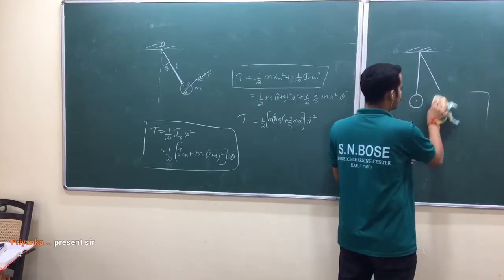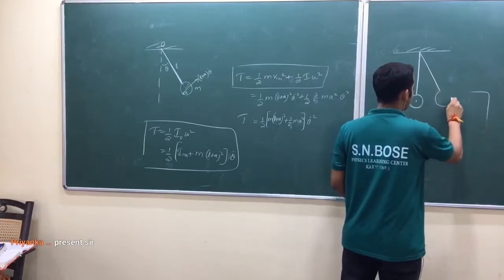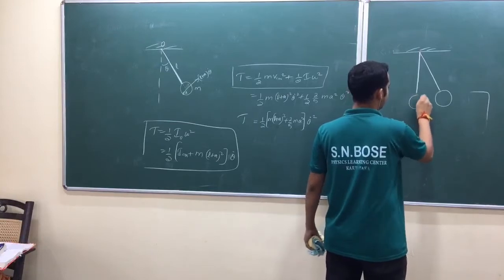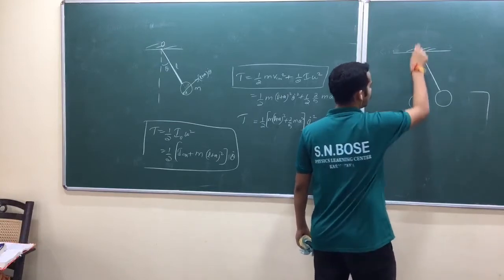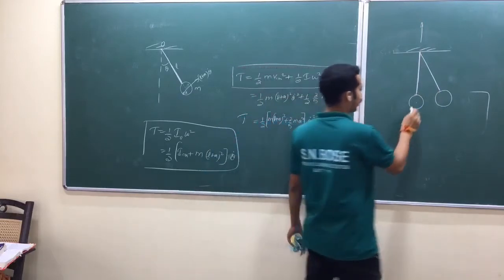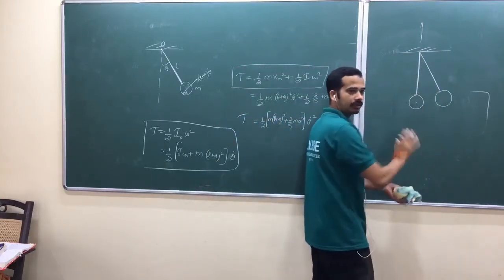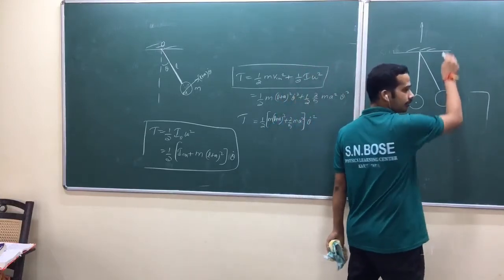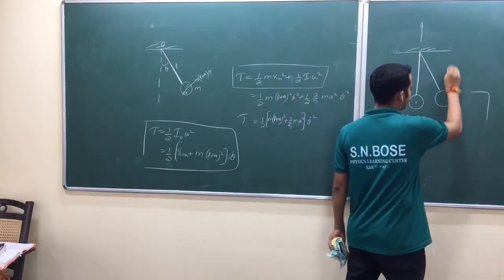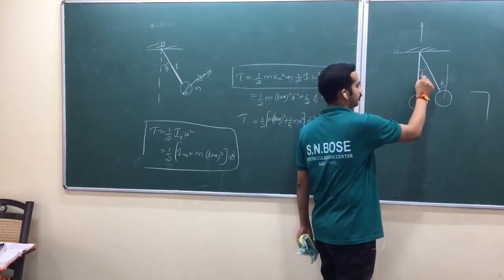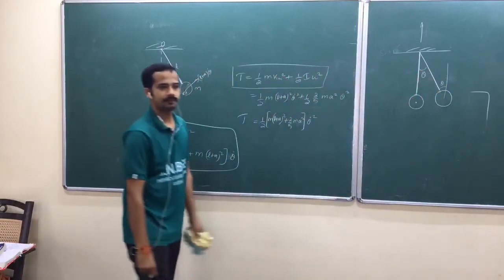Are you getting my point? You are sitting at the center of mass, at the middle of this sphere, and you are looking above. Again, you are not attached to it. You are not rotating. It is rotating. You are just looking above. Now here also you are looking above, but it has made some angle, theta. That's the same angle. Are you getting my point?